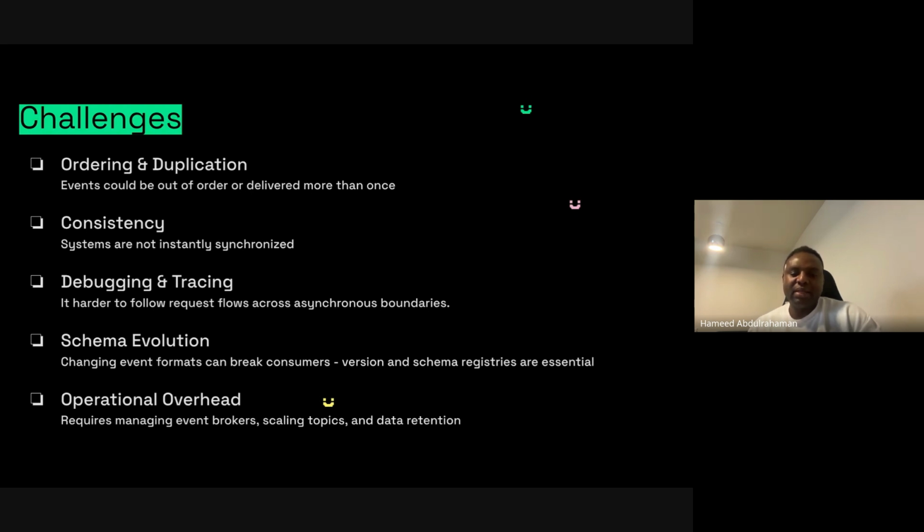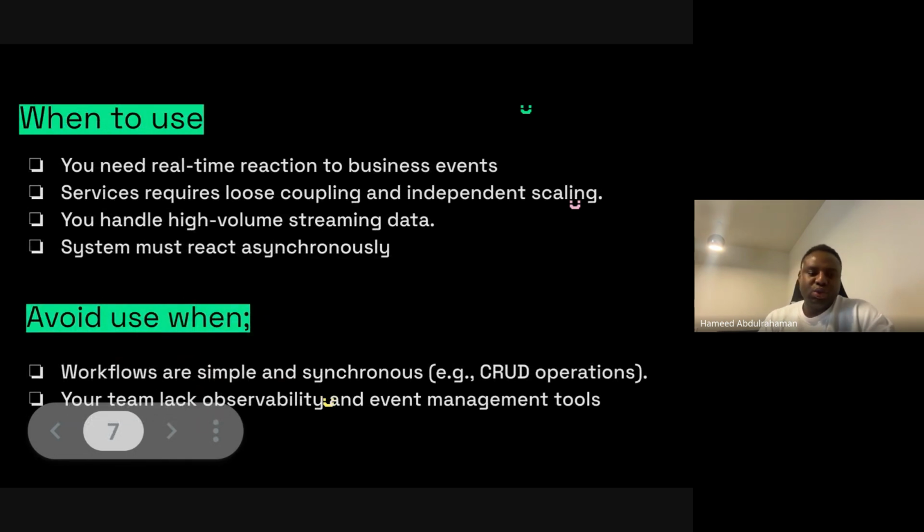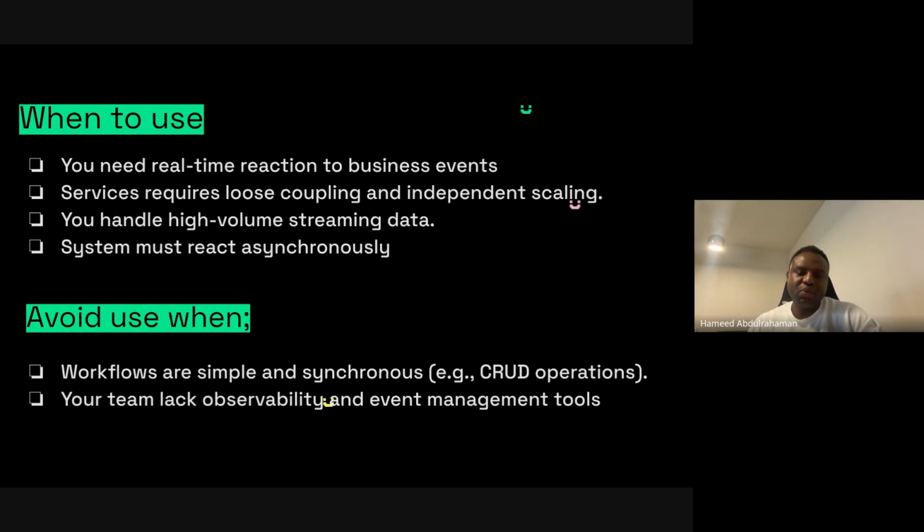So I think that part itself is one of the challenges, and it's mitigated whenever you have cross-functional teams that can handle this and have the knowledge about it. So I think the knowledge about it is very, very important across teams that are working on event-driven microservices. So let's take a look at when to use and also when to avoid.